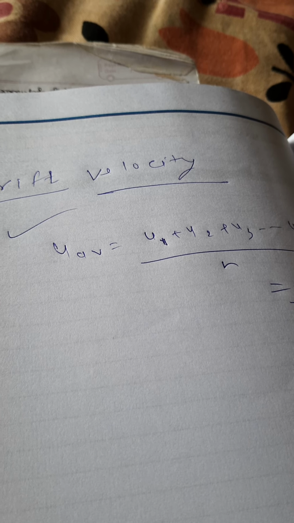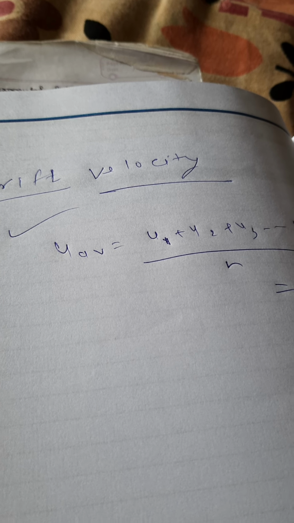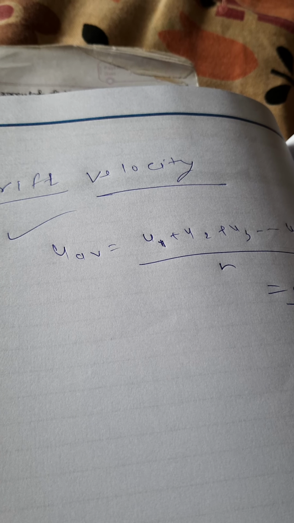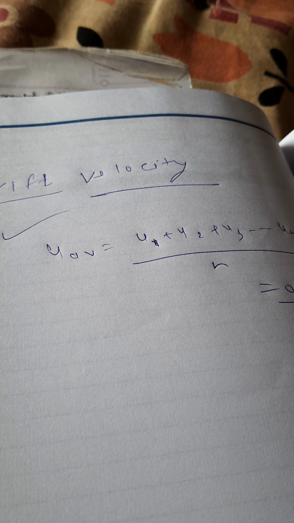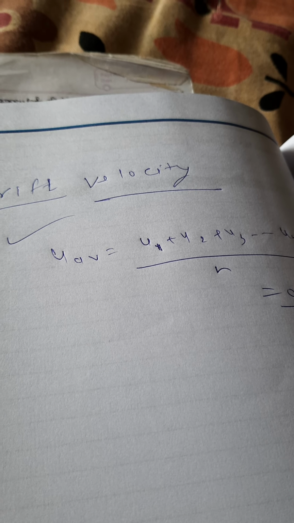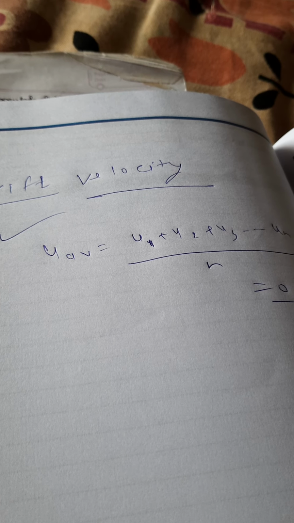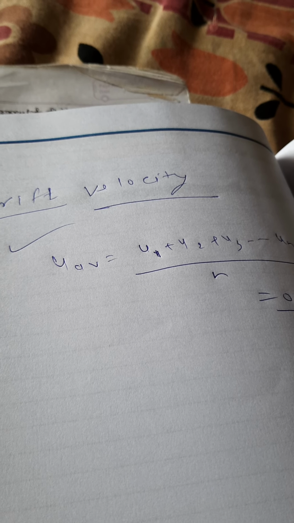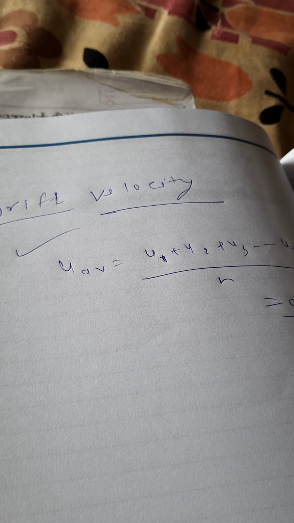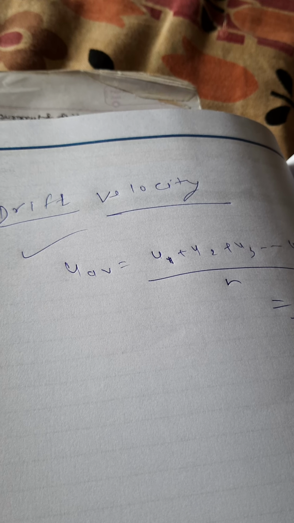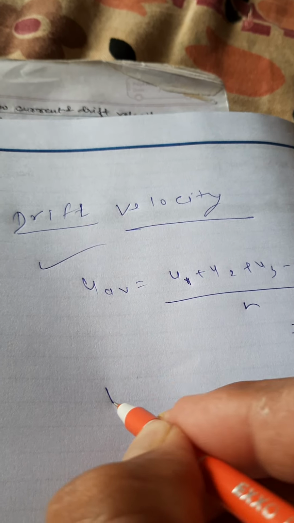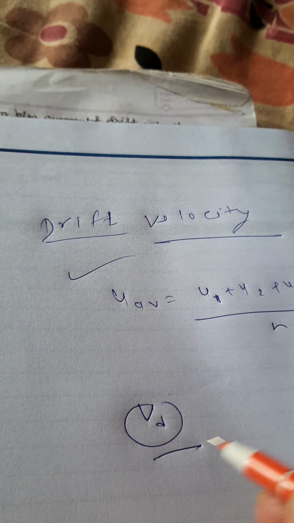Due to this acceleration, the electron gains extra velocity, but only for a short interval of time. Again, the electron comes to rest after collision with ions. Therefore, the motion of an electron in a conductor under the influence of an electric field is like a pause and start motion, right? As a net result, the electron acquires a small velocity that is known as drift velocity, Vd. Mathematically, we can find the value of drift velocity with the help of this expression.